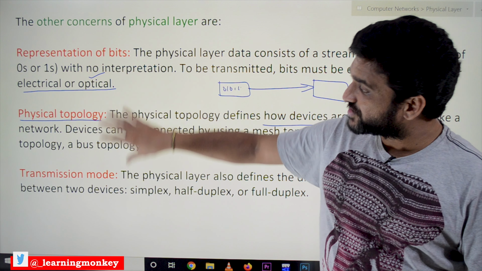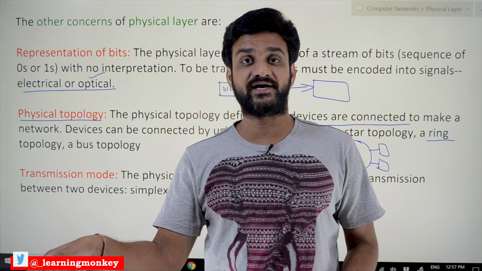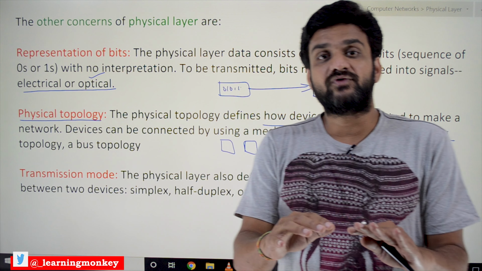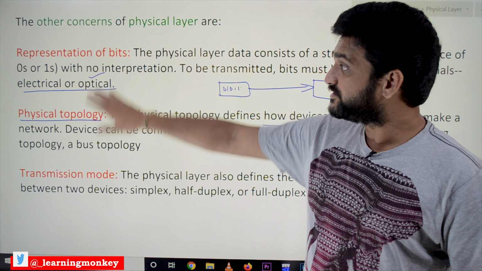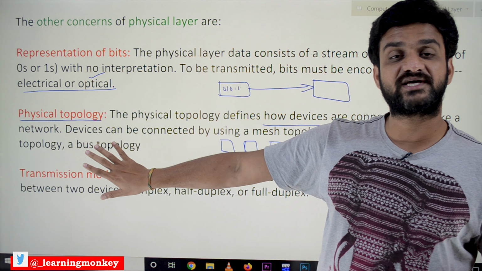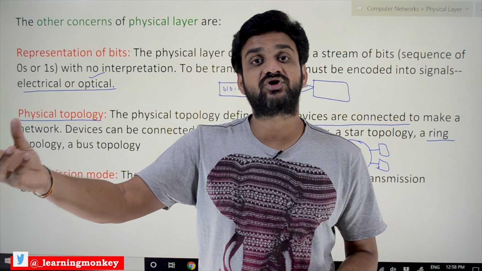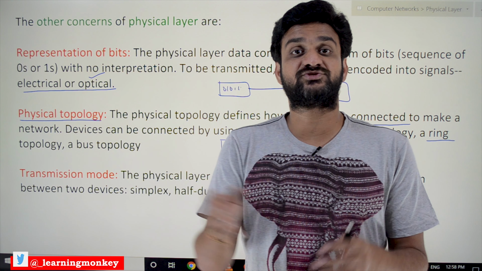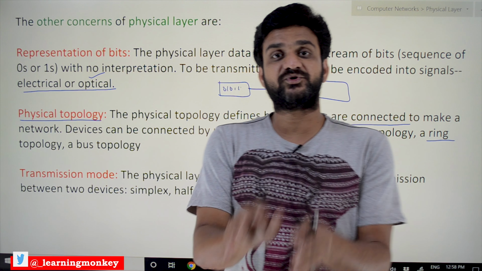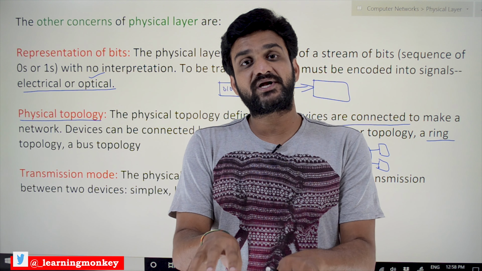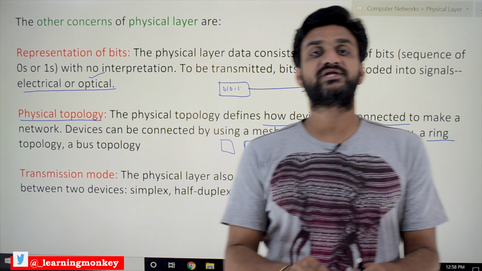Apart from these 3 concerns, there are many other concerns which are related to the physical layer, but we are going to concern only these three concerns, because the remaining concerns are related to the electrical part. How the signals are converted is not related to computer science students. So as per our syllabus, we are going to discuss only these 3 concerns. Hope you got the clarity on this concept.